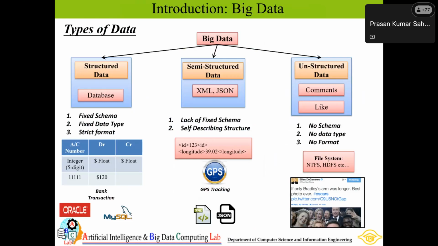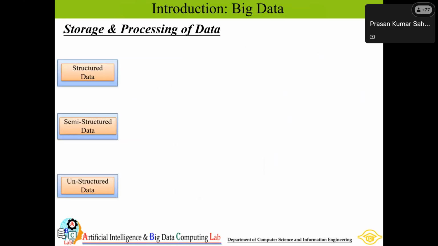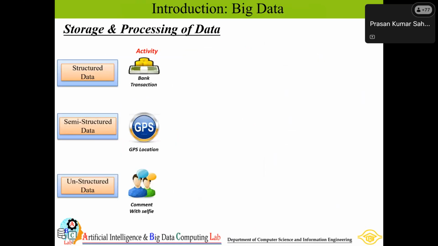Data could be generated at any time of any format. So that is unstructured data. So we can summarize the activity: the structured data like bank transaction, or GPS location for semi-structured data, or comment with selfie,